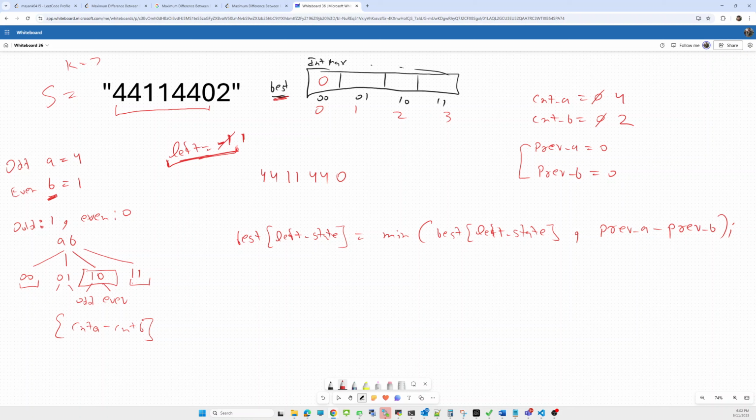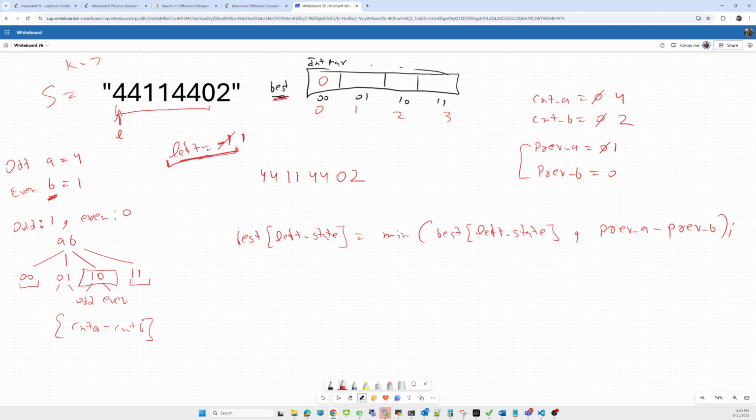When the left pointer is pointing here, the frequency of a will become 1 till now. Now adding the next character to the inner substring, does the count of a and b change? No. Now we need to update this based on the previous state. We need to calculate again. What will be the state? 1 0.